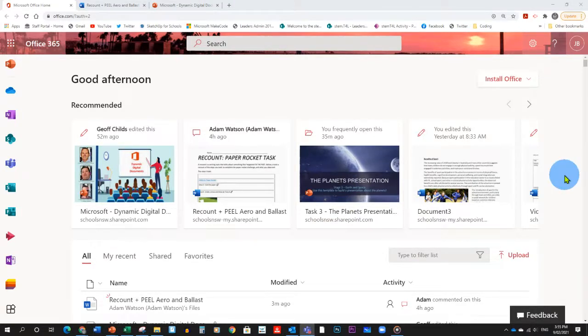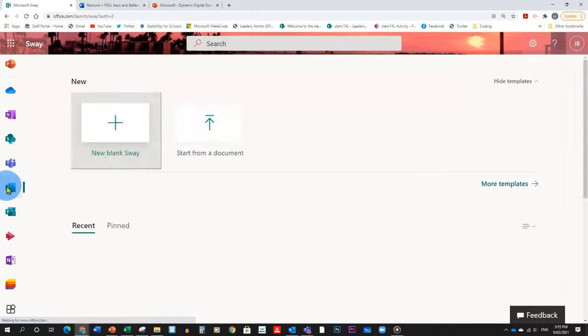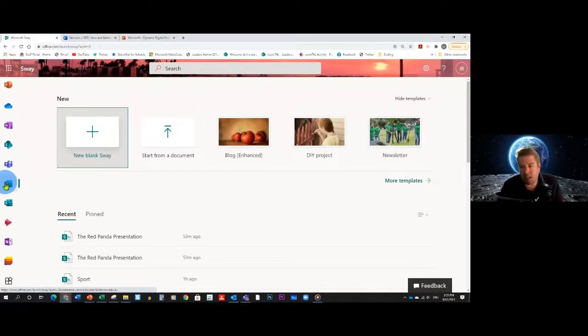All right, so we always come back to the portal page, and we're going to open up a Sway. A Sway is a different way of presenting some information. Everyone does a PowerPoint where you can just click through slides of information, but a Sway just adds a nice little change to the way that you can present information. It lets you present your information like it's a web page, so to speak, where you can add lots of different content and all sorts of different